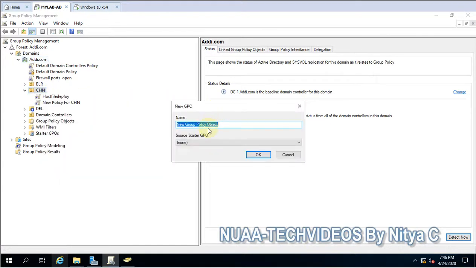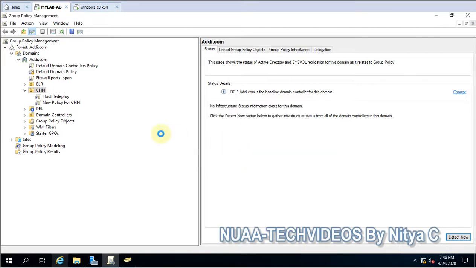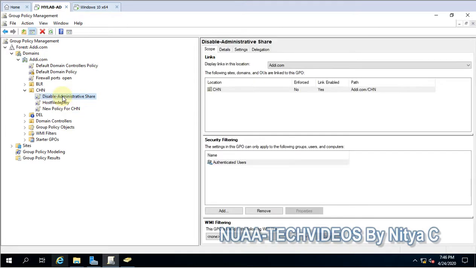Create a new policy, Disable Administrative Shares. Give it a logical name so that you can easily recognize it, and here edit.